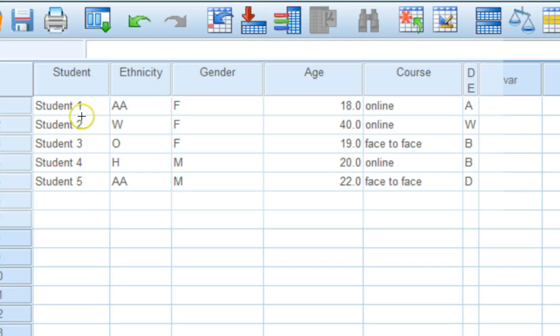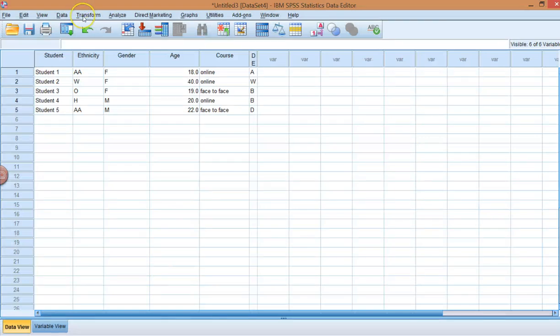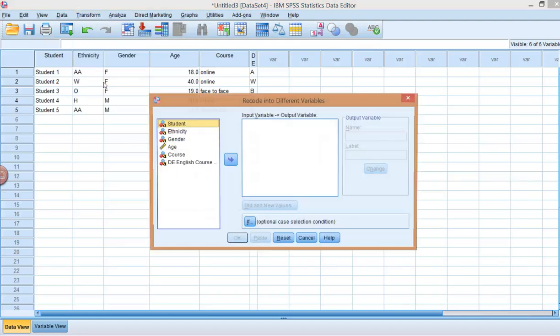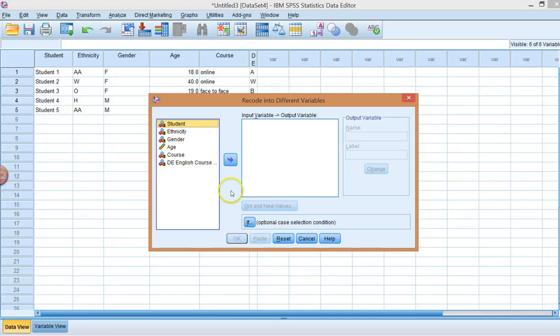So you can see the data is still in the same way that it was before. So now what I'm going to do is transform, recode into different variable. So transform, recode into different variable. And when I do that, I get this pop-up box. And the variable that I'm first going to want to recode is ethnicity. And I'm going to move ethnicity into that